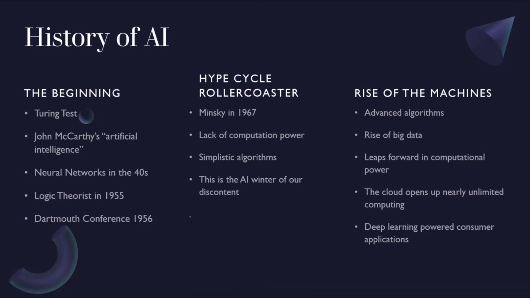In fact, in 1955, a program was written which is generally thought to be the very first AI program, called The Logic Theorist. Now, moving into the 60s, we had this huge hype roller coaster. I'm telling you about this right now because a lot of people are saying we're going to be in this sort of thing again, right? People are excited, people are throwing money at it hand over fist, and that was happening in 1967. AI was thought to be the big thing.